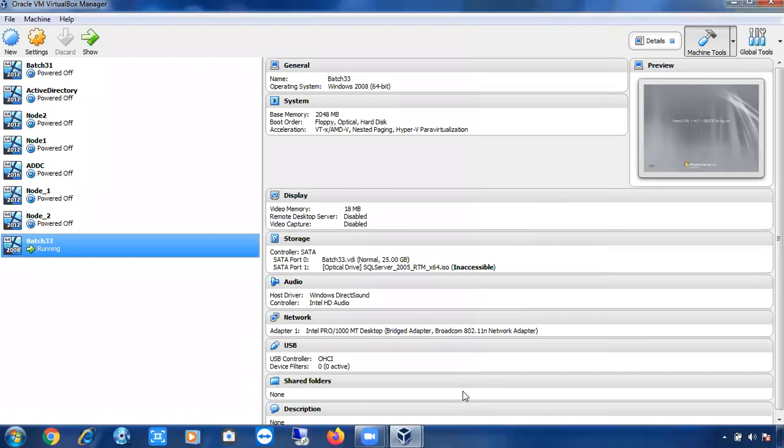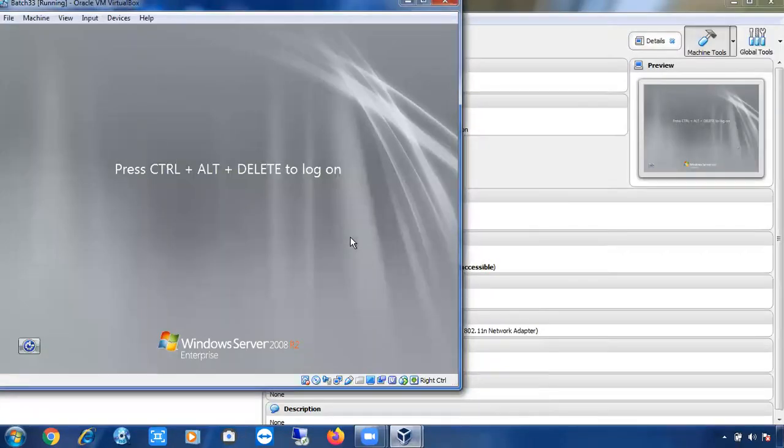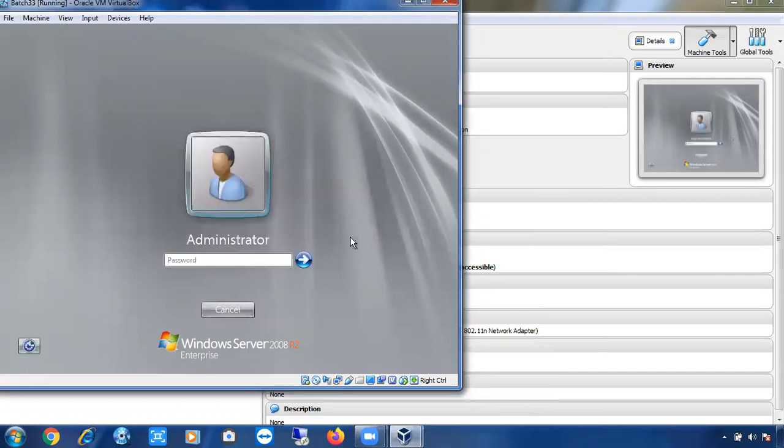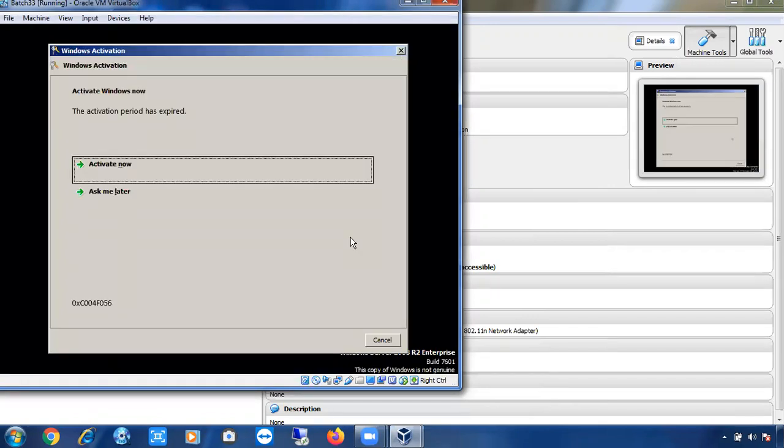SSMS. Okay, so can I connect my lower version SQL Server instance into a higher version Management Studio? Yes, we can, but whatever new features are not updated in the lower version.